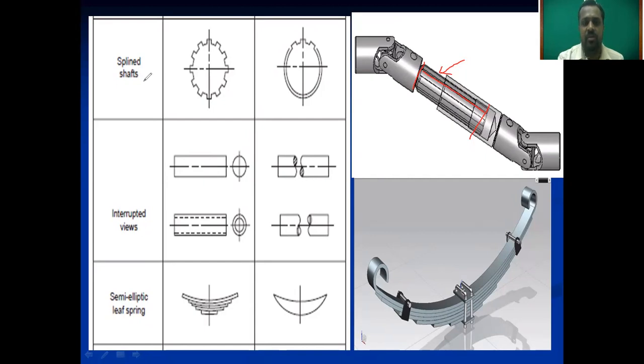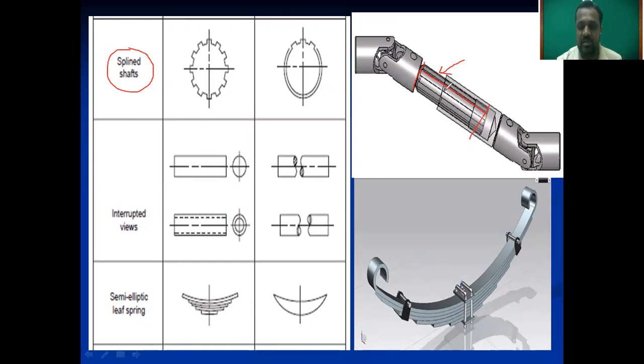Again, here we are using the spline shafts. Have you seen the tractor? On the behind of that tractor we are using the spline shaft for joining the rotor. You know that rotor. There also we are using the spline shaft. Then tell me, what is the purpose of spline shafts? Why are we providing these splines on the shafts?